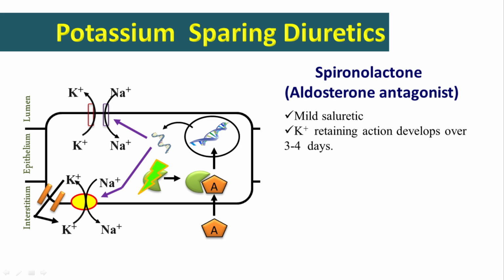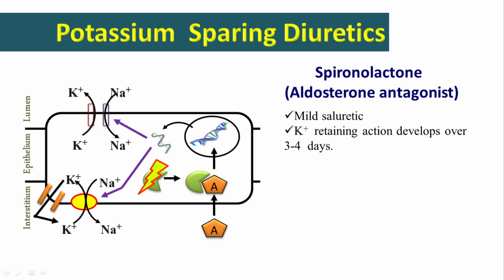But what about proteins that were formed yesterday, day before yesterday? They are still functioning, right? Our body eliminates proteins after a fixed number of hours, fixed number of days. Each protein has its unique lifespan. So till the time the aldosterone induced proteins are functioning, till then sodium absorption will continue and exchange of potassium will happen. But when you give mineralocorticoid antagonist, aldosterone antagonist like spironolactone, within 3 to 4 days, all the preformed